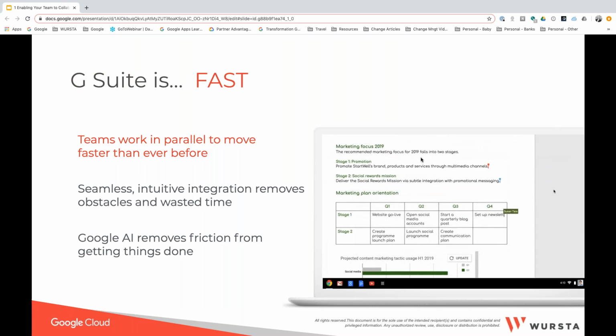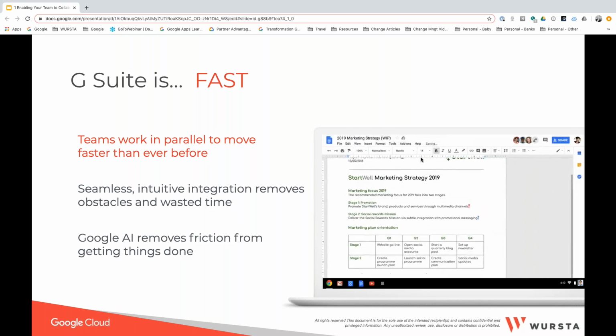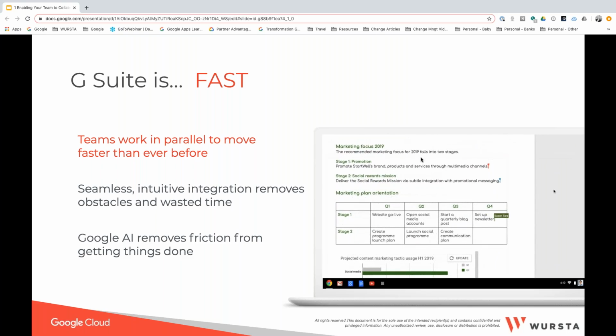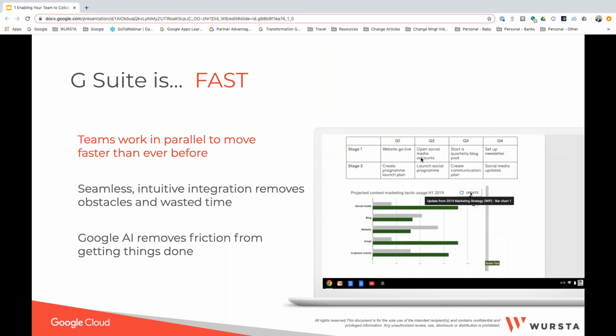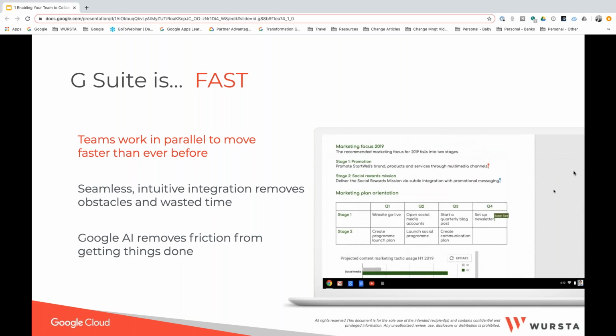Today's working environment also requires you to be agile and change direction on the fly. G Suite is fast. Fast enables your people to move faster to drive impact. With true real-time collaboration that's built for the cloud, with 99.9% uptime, teams can work in parallel to move faster than ever before. For example, in G Suite, there's only one version of a document, which greatly reduces complexity and